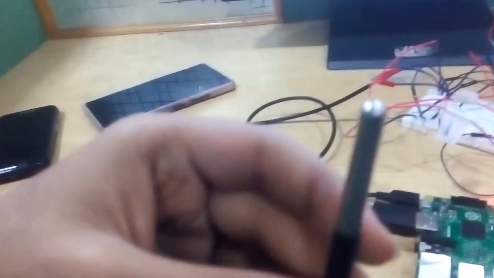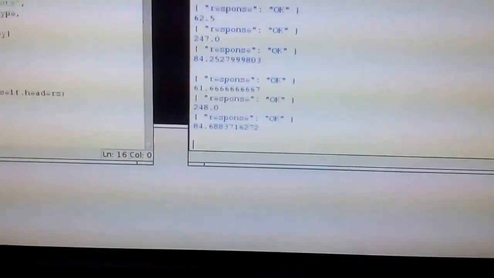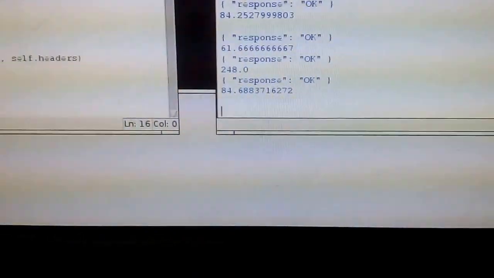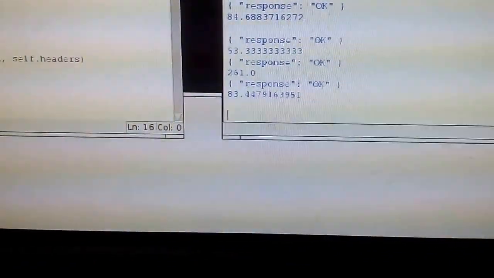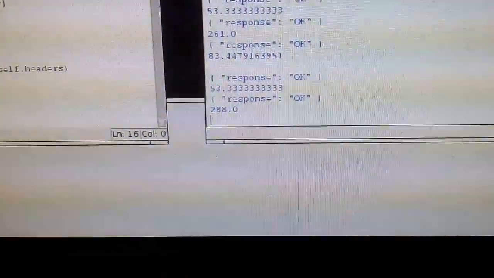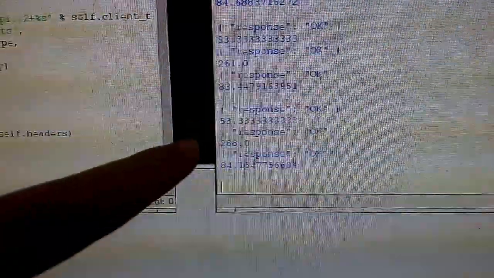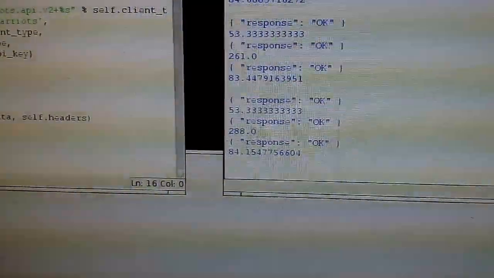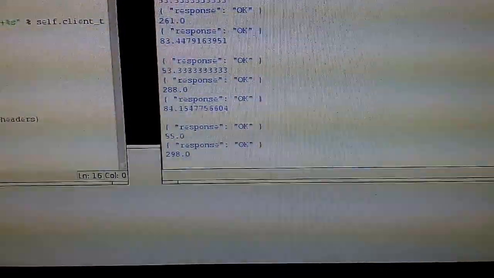Thirdly, we have the temperature sensor, and if the temperature increases above the given range, then it should notify us. Now I'm going to heat up this temperature sensor. Now you can see that the temperature has gone above 53, which means that we will be getting an email saying that the temperature has increased above the given limit and there is a problem for the vaccine.